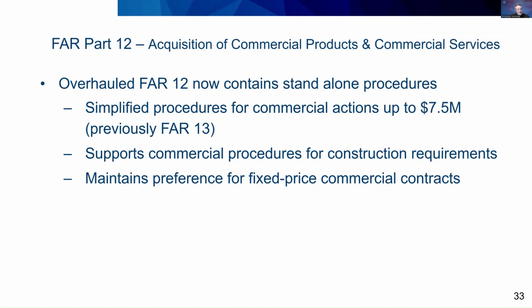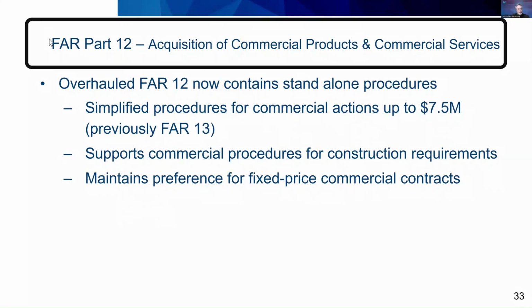I'll get into some of the specific procedures that will be pretty massive departures from what you are used to shortly, but at a high level, these changes are meant to simplify the acquisition process when the government purchases commercial products and services, allowing federal contracting shops to shorten the time needed to award commercial purchase orders or other contracts, to streamline the process for solicitation, evaluation, and award for commercial actions, and to simplify the acquisition process overall for both industry and government when it comes to commercial requirements.